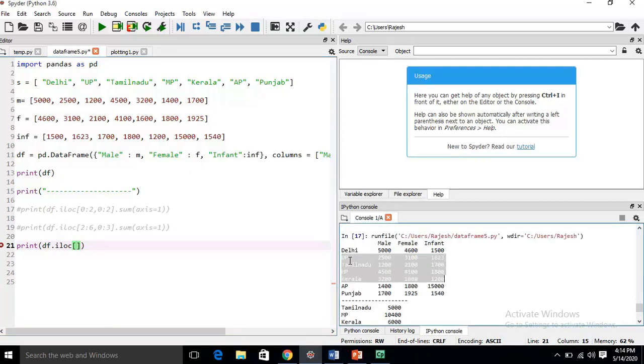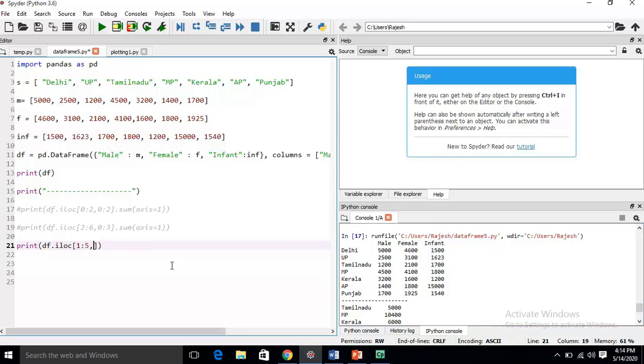The row indexes are 0, 1, 2, 3, 4, so UP is at 1. The row index begins from 1 and continues 0, 1, 2, 3, 4, so the end index will be 5.